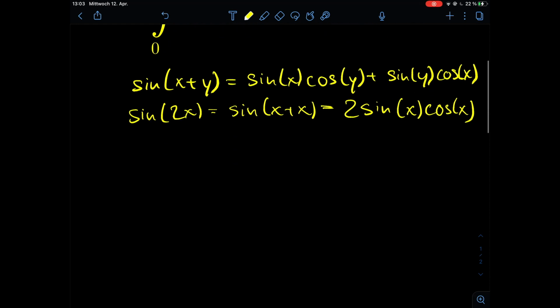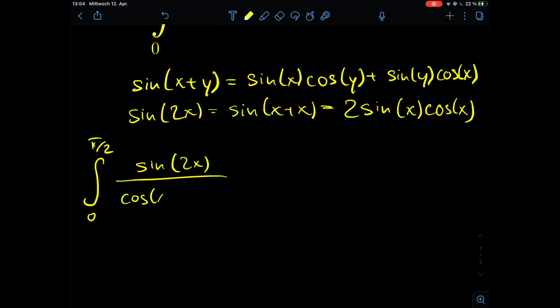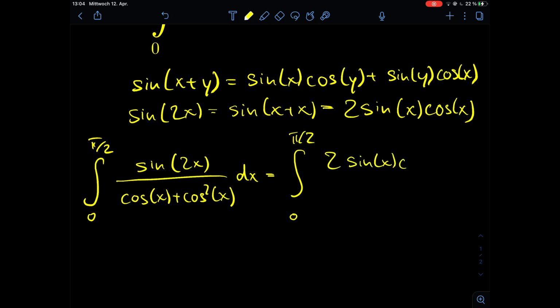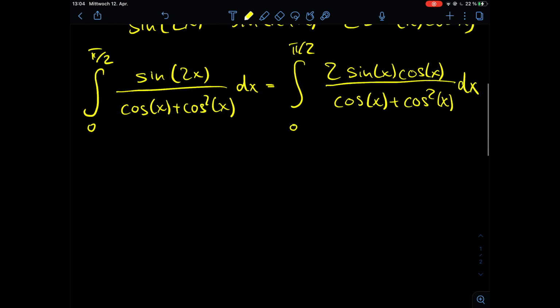So we can change the whole integrand. The integral from 0 to pi half, this hasn't changed yet, of sine of 2x divided by cosine of x plus cosine squared of x dx. So this is the original integral. This is equal to 2 sine x times cosine of x divided by cosine of x plus cosine squared of x dx. So we have a lot of cosines in this integral right now, and we can use that to